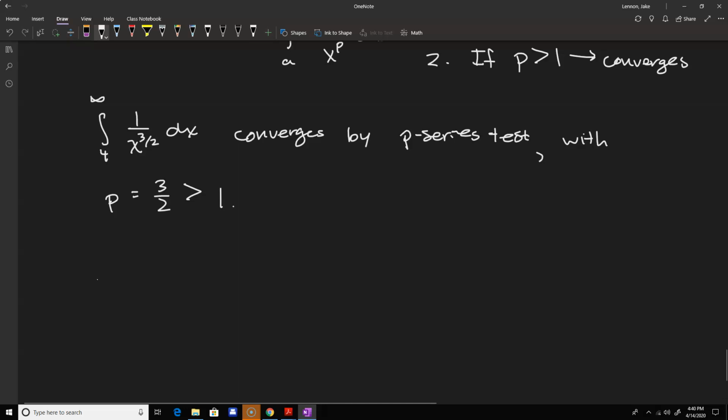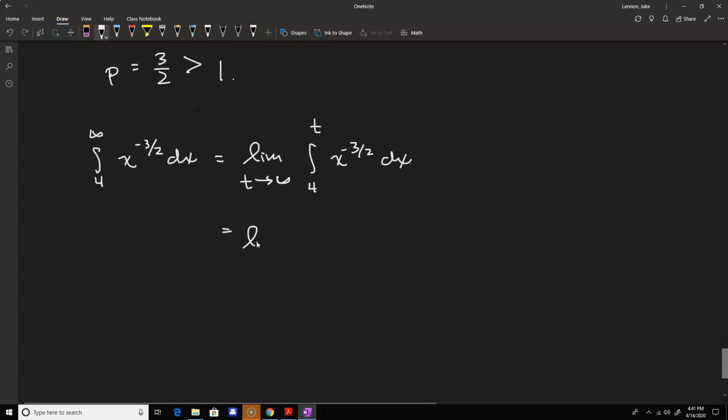So we have the integral from 4 to infinity of, again, it's going to be helpful to write this as a negative exponent when we're actually integrating. So let's go ahead and do that. We're going to replace that infinity with a limit as t goes to infinity. So this will be the integral from 4 to t of x^(-3/2) dx. That can be integrated by adding 1 to the power and then multiplying by the reciprocal of the fraction. So this is going to be the limit as t goes to infinity of,